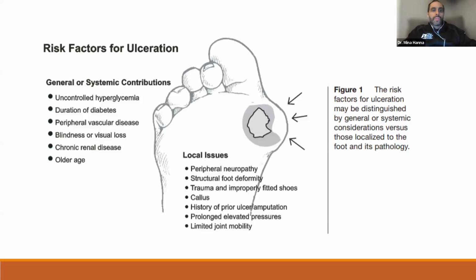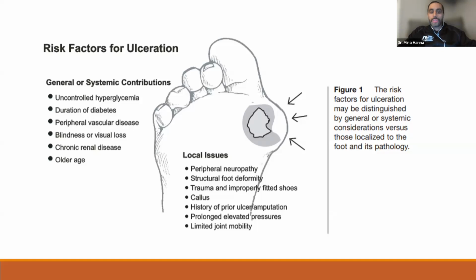So some of the risk factors include uncontrolled hyperglycemia, which is high sugars. The longer you've had diabetes increases your chance. Peripheral vascular disease, blindness or visual loss, chronic renal disease, and older age. Local issues include neuropathy, structural deformities such as a bunion or hammer toe, or flat foot deformity, trauma and improper fitting shoes,